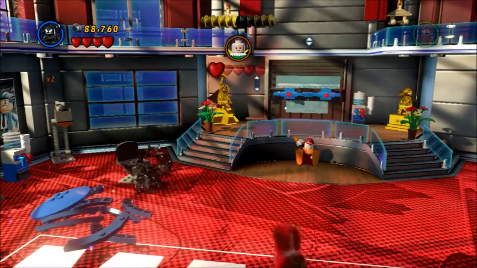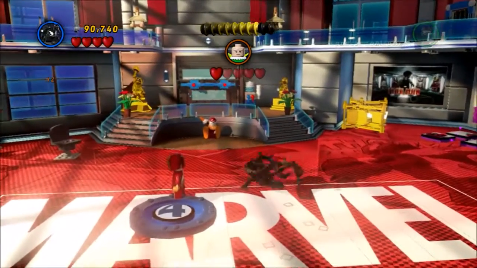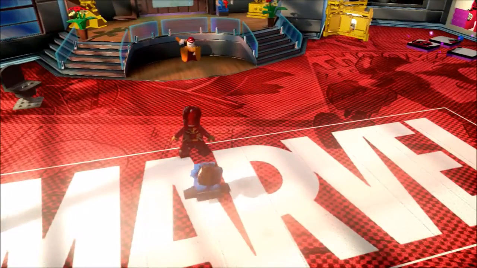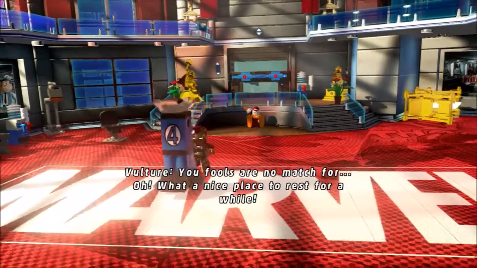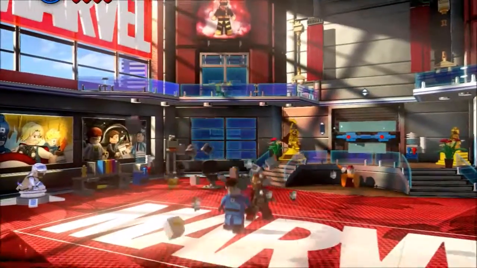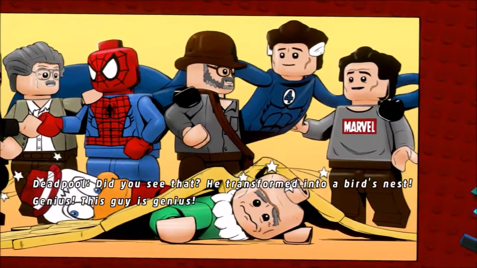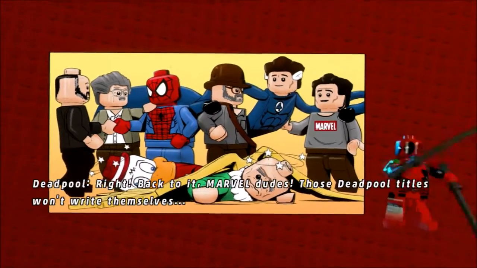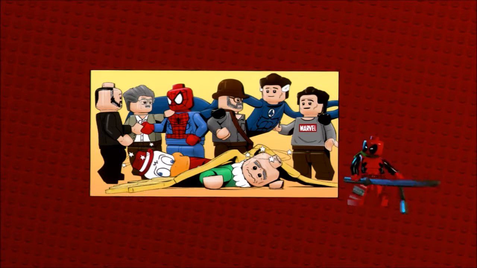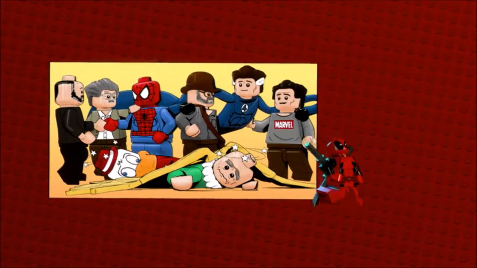finally, which is a Fantastic Four transformation pad for Mr. Fantastic. So, like I said, at this point we are forced to use Mr. Fantastic. And, of course, he's turned himself into ridiculous stuff all throughout this game, and this is the last time you'll see him. It turns into a bird's nest, and then collapses it upon Vulture. I mean, that's just a little bit out there. But hey, that's the last time we're going to see Mr. Fantastic's special power in this playthrough,